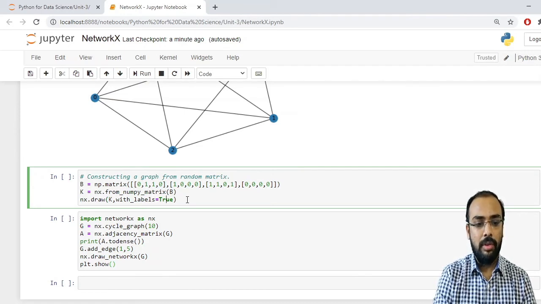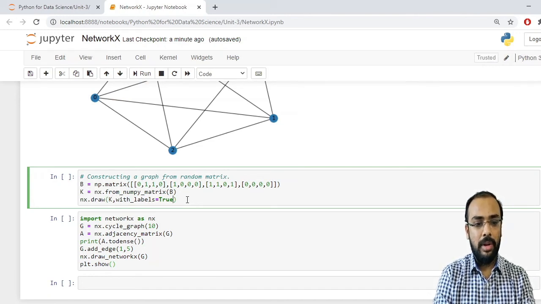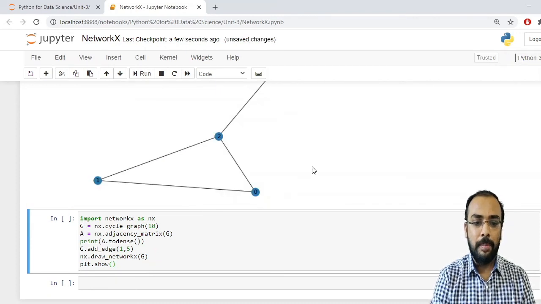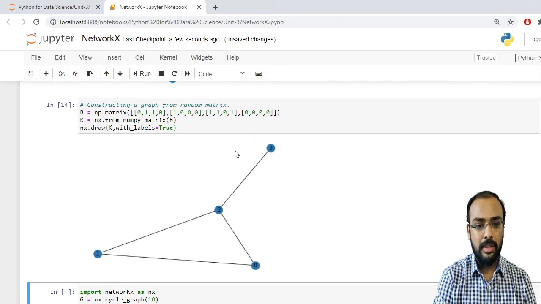For that we have to use the draw method, and inside this the first attribute is your graph object, and the second is with_labels equal to True. So let us run this. It is plotting a graph with the help of a matrix.